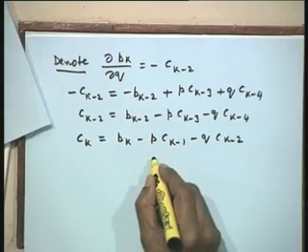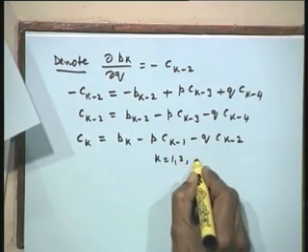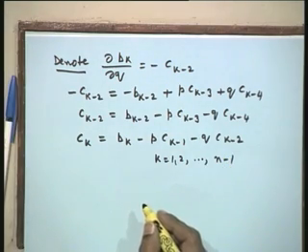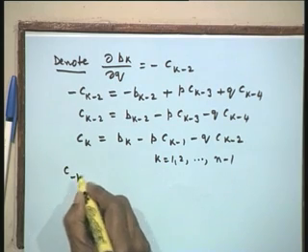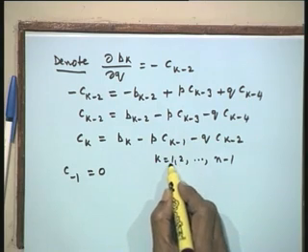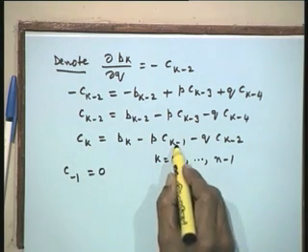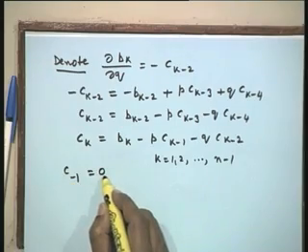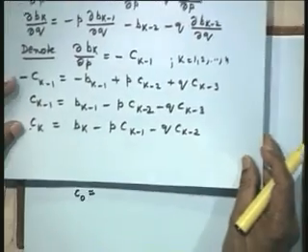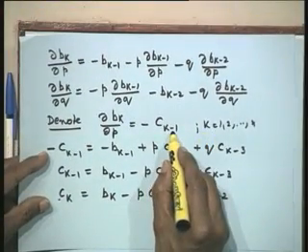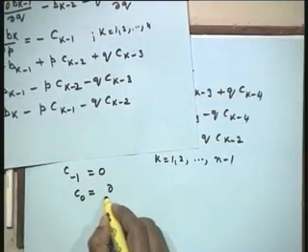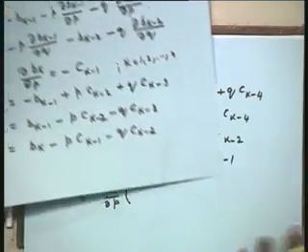If this is the common relation, I will now take k is equal to 1, 2, 3, up to n minus 1, that is 1 less than the given polynomial, where I will define C of minus 1, which is an undefined quantity, as 0, because as k is equal to 1 I will have here C1, B1, C0 and C minus 1, and C minus 1 is 0. Now let us define what is C0. Now C0, if you put here k is equal to 1, is the partial derivative with respect to P of B1.